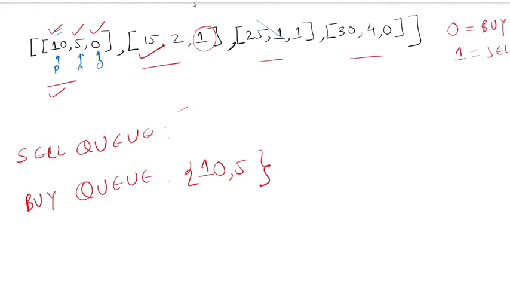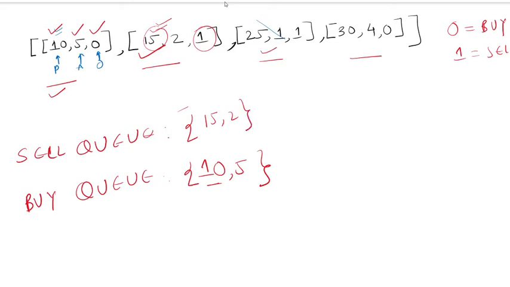What is this order? It's a sell order. Its price is 15. If it's a sell order, you look at the buy orders and select the order with the maximum price. If that price is greater than the given price of the sell order, you complete the transaction, right? So you look at the buy queue. What is the maximum price? 10. Is it more than 15? No. So this particular order will also go in the backlog. So let me put it this way.